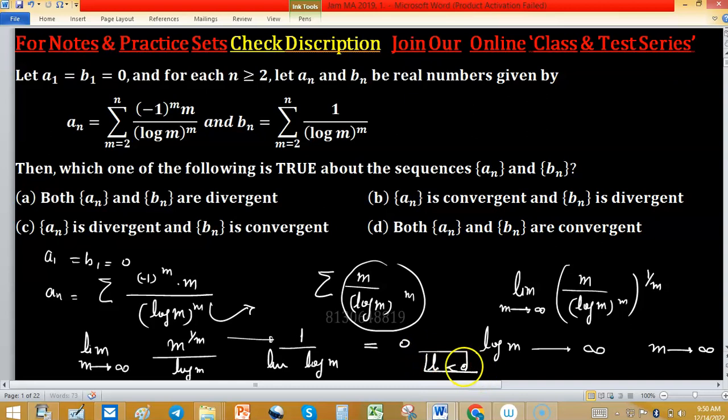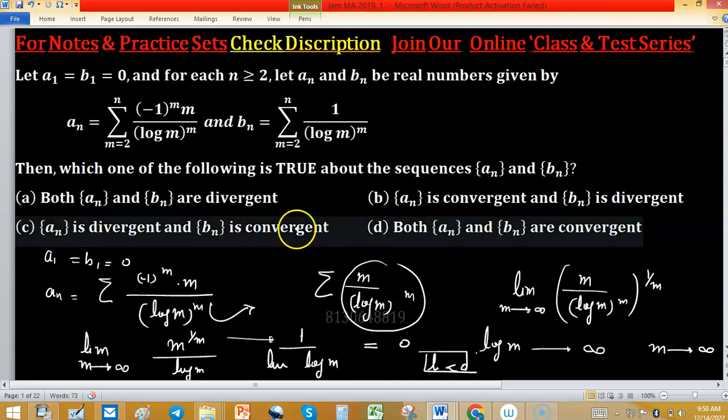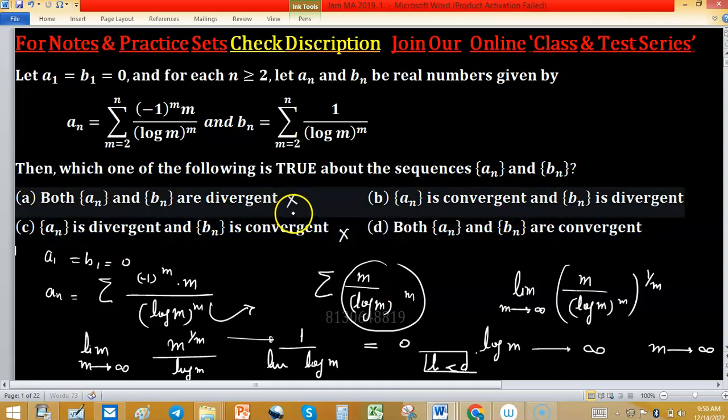According to the root test, an, after making the terms positive, is absolutely convergent, hence convergent. So an is convergent. So option C and option A have been discarded. Now check